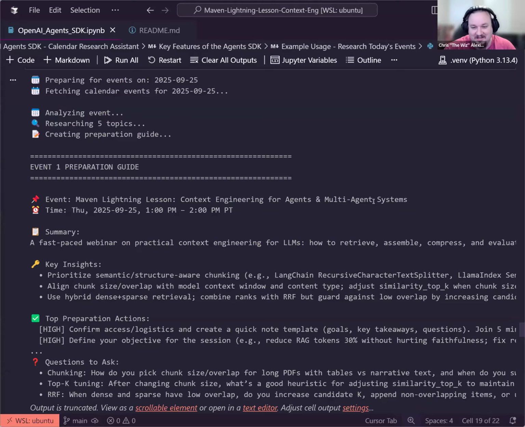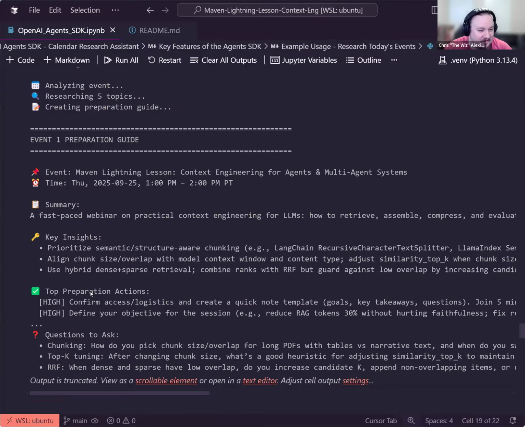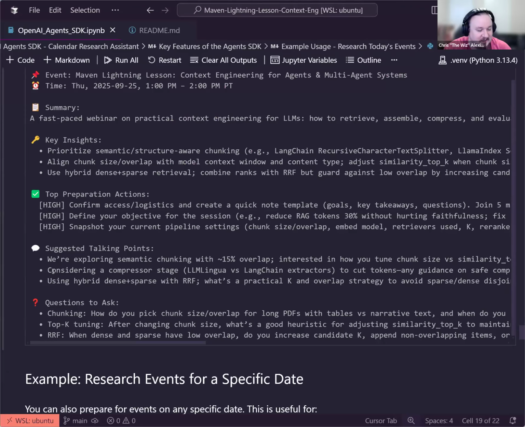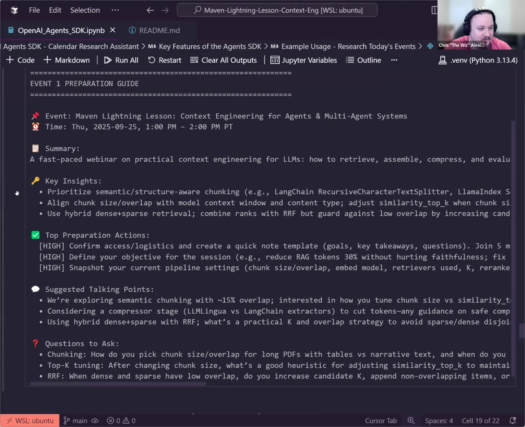It's Eventception. But the idea is that it's able to give me a summary of what this event is about, as well as things that I should think about, how to prepare for this event, and what we may talk about. Now, one thing that it asks me to prepare, but is not relevant because we're looking at this non-RAG agent solution, is things like different chunking strategies, et cetera, et cetera. So I think this is the idea